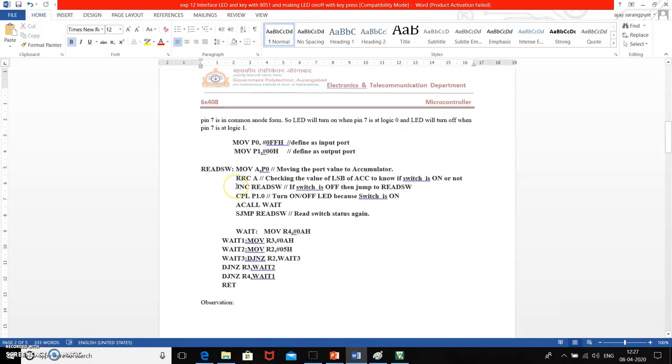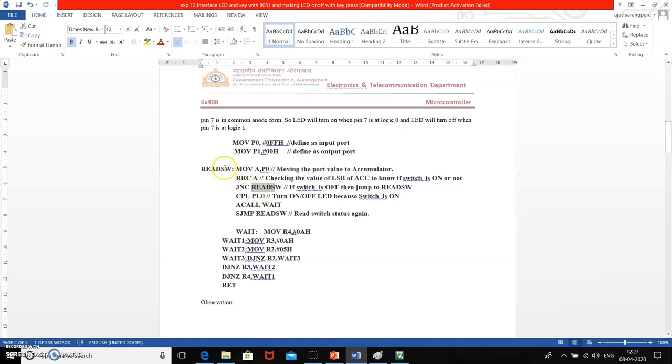So to do so, we will use this instruction JNC read SW, means whenever 0 is present at the carry flag, jump to this label named read switch.